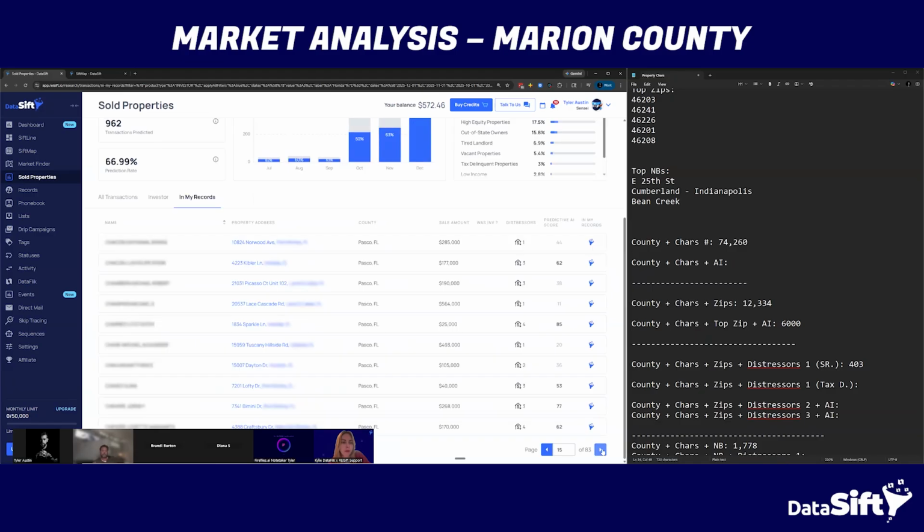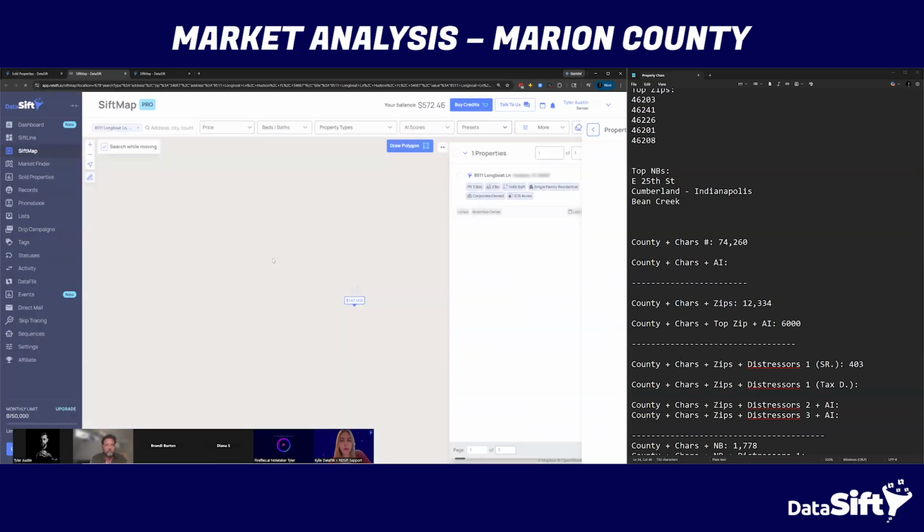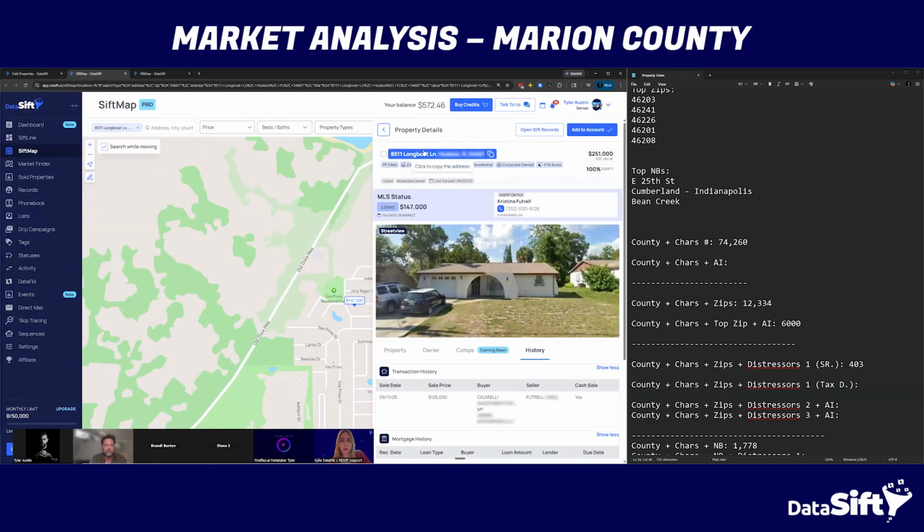We did an exercise. I don't remember if it was last week, Wednesday call, or the one before that, where I said, okay, well, let's just open this record in my account that sold to an investor. And we did it for Okaloosa County. This one's Citrus County. But I filtered by the not interested in my records page. And this is why tracking not interested is really important. The very first record I clicked on from sold properties that sold to an investor that was not interested in my SIFT account,